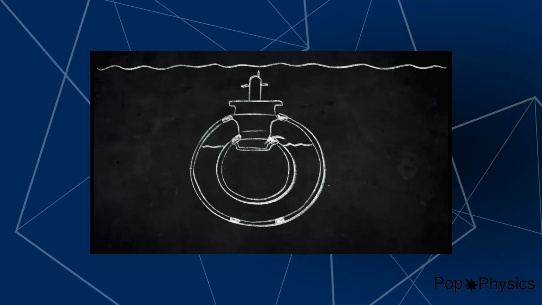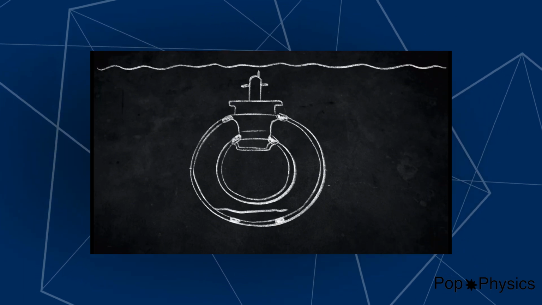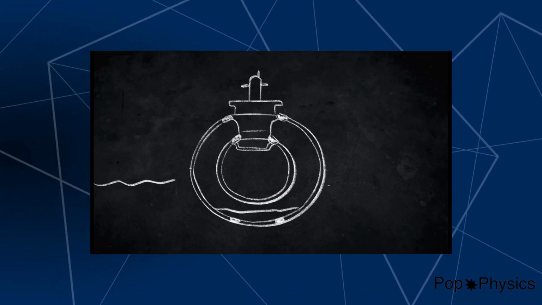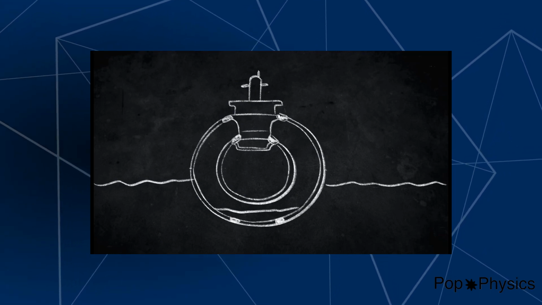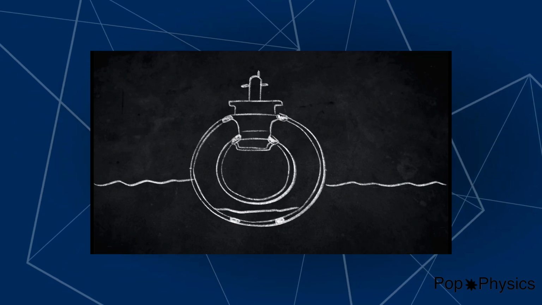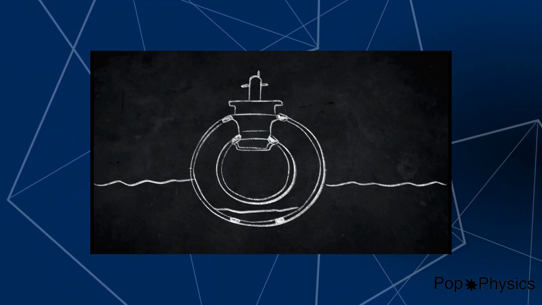Whenever the crew want to surface again, they pump compressed air into the tanks, forcing out the water and decreasing their density. This means that they will then rise back up to the surface. Isn't that interesting? How a simple concept like buoyancy can be used to make ships that can float and sink? It's amazing.